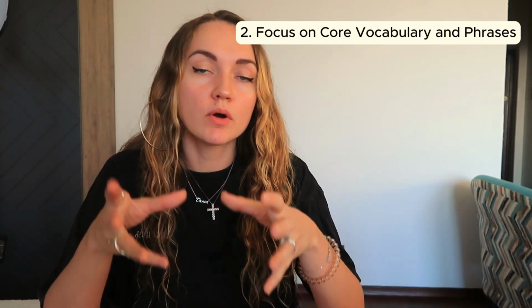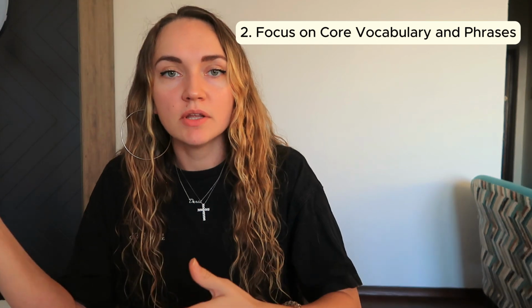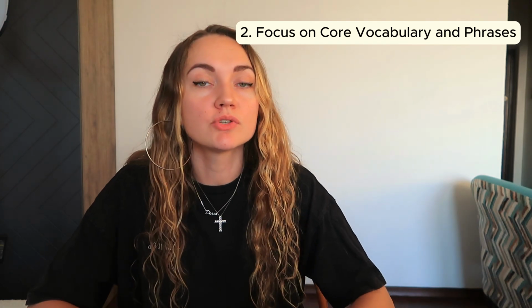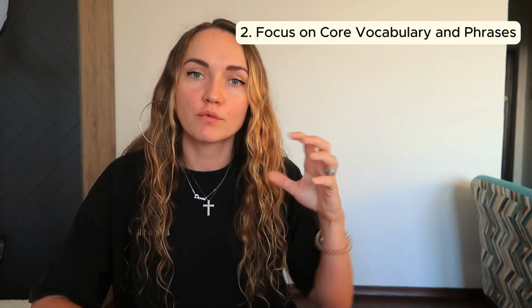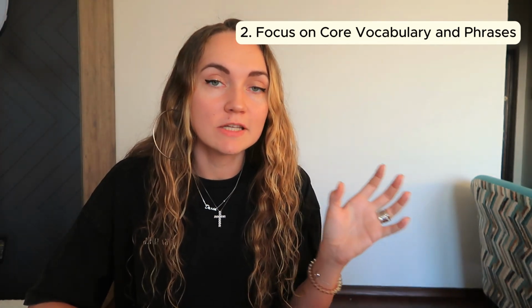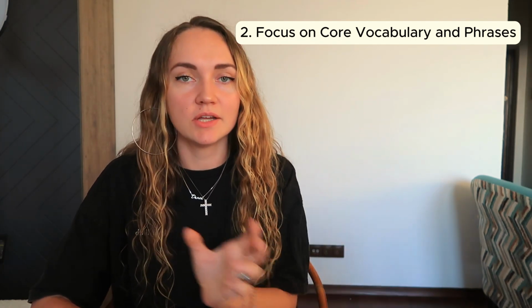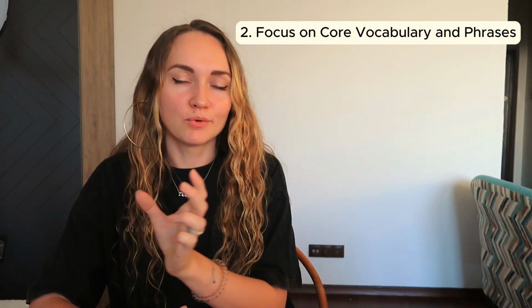And then the second, try to focus on the core vocabulary. In the beginning, learn the most common words in Russian. The main idea here is to focus on practical phrases you will need for daily interactions. And by the way, in the beginning, when you just start learning a new language, it's okay, you translate the sentence from your native language to Russian, and it's okay. And you don't have to learn the words you don't use in your native language because you want to say a specific phrase. So learn specific words in Russian and then translate your native language sentence to Russian, and just